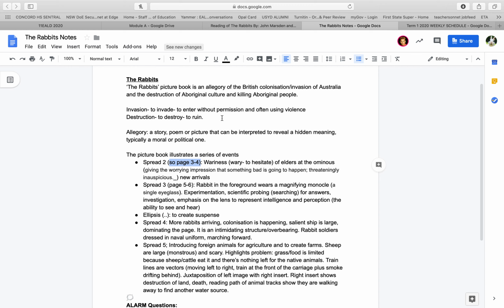So first of all, you need to think about, well, why did the illustrator and the author choose the rabbits as an animal to represent British people? Think about their population. Thinking about how rabbits breed very quickly. So breeding means have babies. Rabbits multiply very quickly. So the idea of numerous rabbits invading